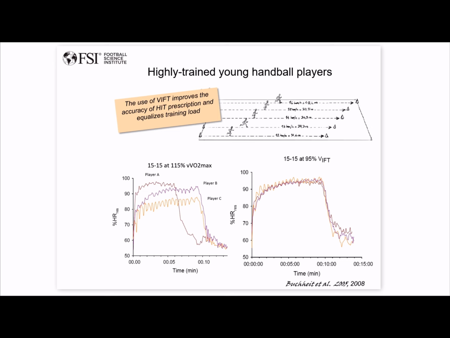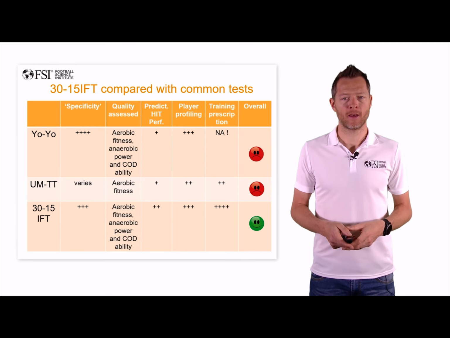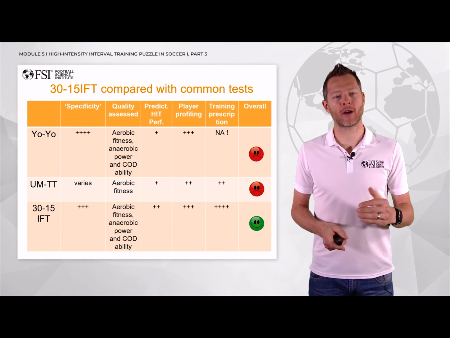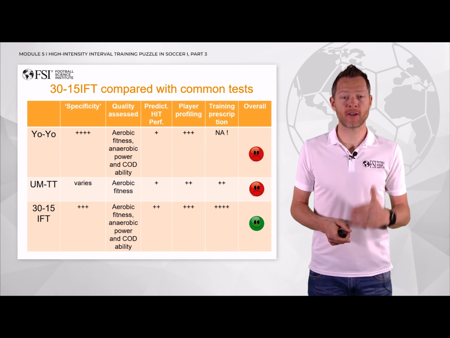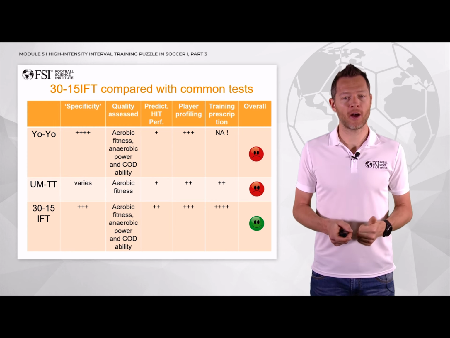So I guess, and I hope, that this example shows you really the interest of using the 30-15 for prescription when it comes to prescribing supramaximal intermittent exercises with change of direction. That's really the idea. And so trying to kind of summarize the interest of the 30-15 in comparison with other tests,